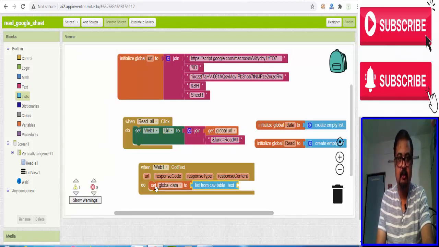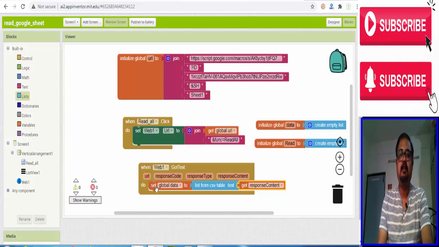We have to find that. It will be available in the list module. Whatever response it got, it creates a list of table and saves it to global data. This instruction means like that.